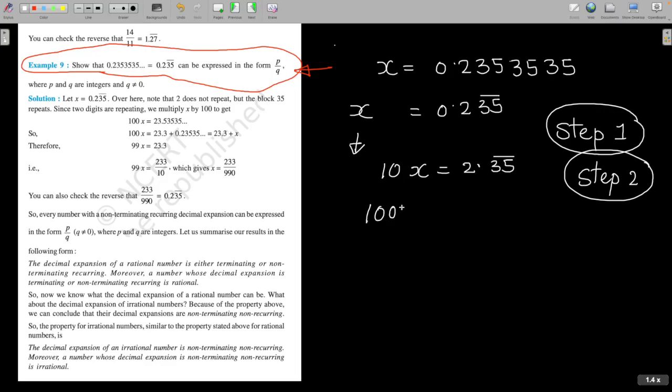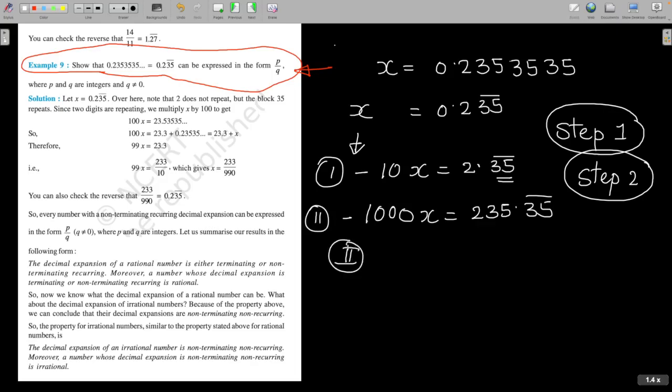So this time I multiply both sides by 100. Okay, just call it equation 1. And then I multiply 1 with 100 because there are 2 digits being recurring or repeated. So 100, and so this gives me 1000x is equal to 235, and then 35 recurring. And then again, this will be called equation 2, and 2 minus 1 gives me